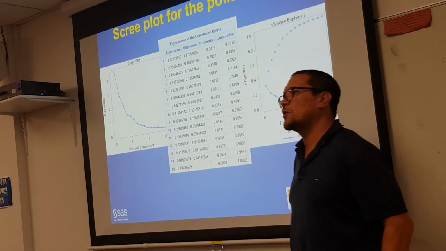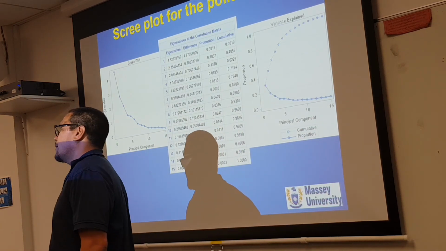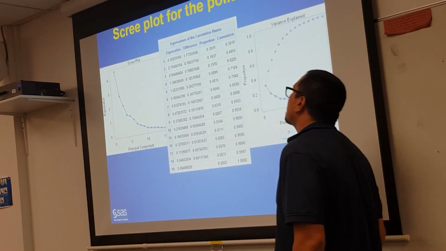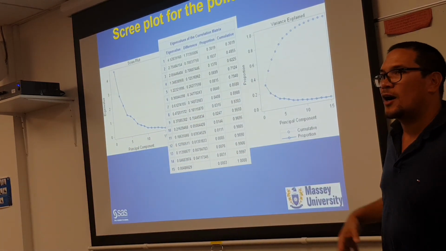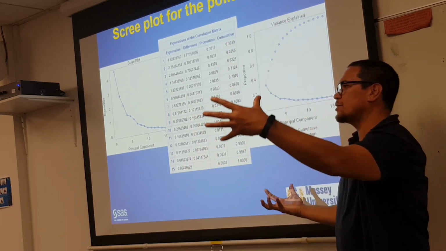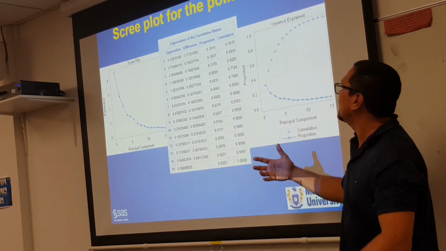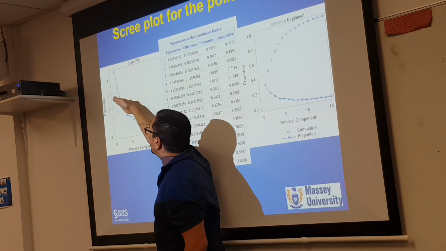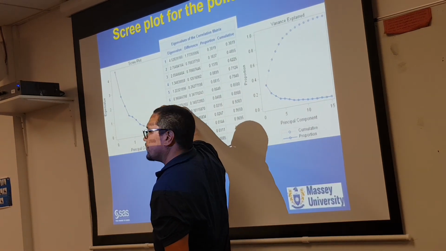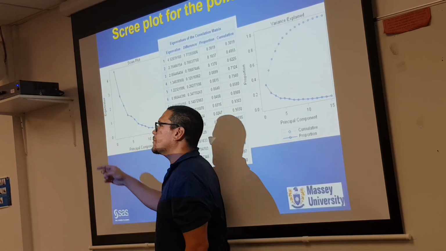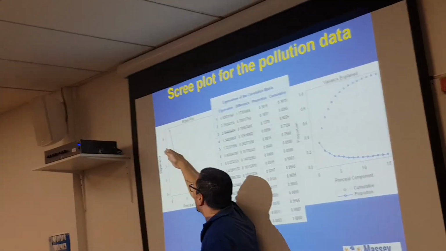There is no solid answer for it. But remember, if I was to create a random ball of noise, where there is no real structure to that, my scree plot would still be decreasing like this a little bit. So some people try and generate data and have a look at the scree